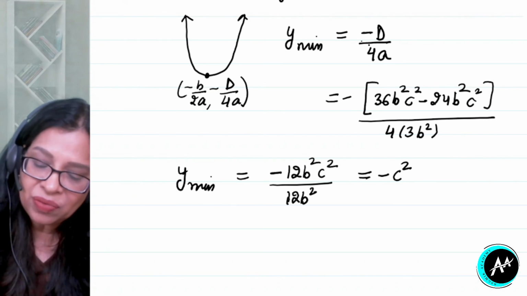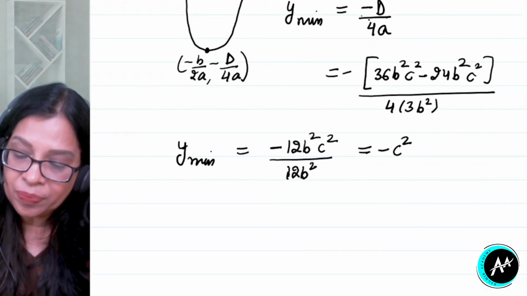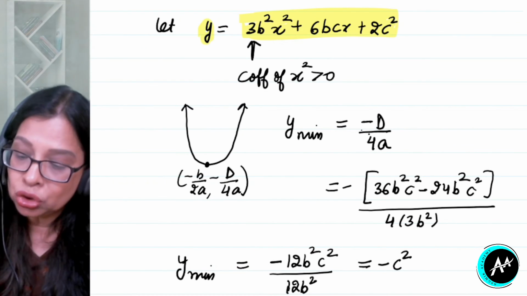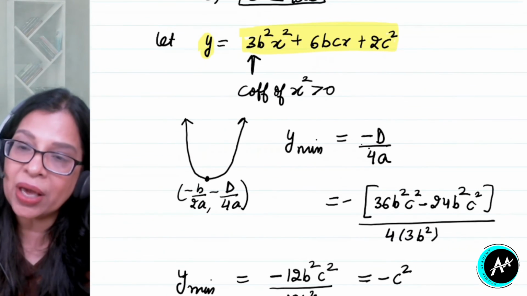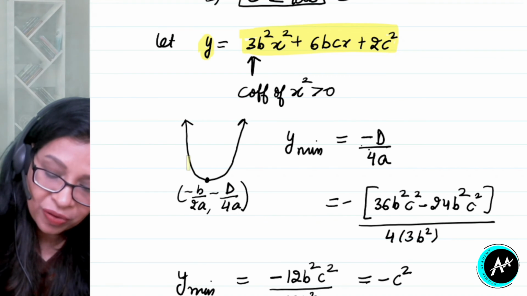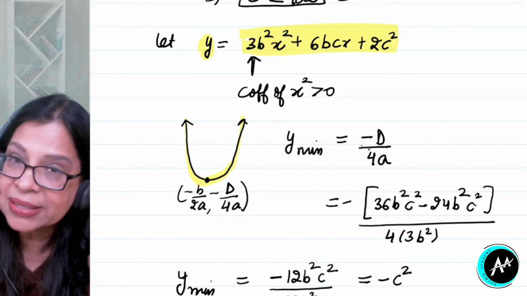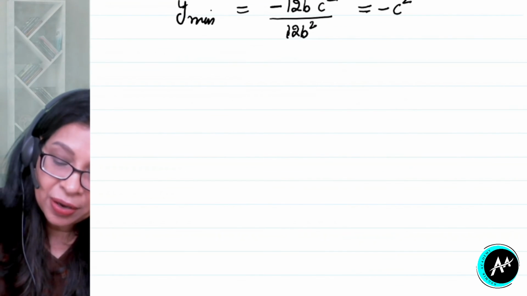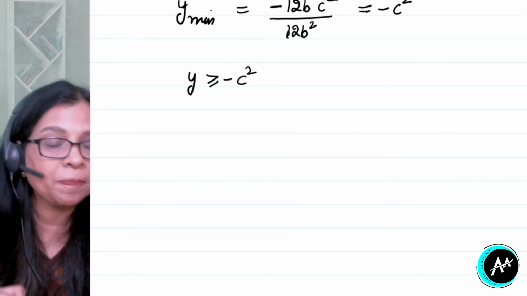Now what do we mean when we say this is the minimum value of y? See, we are denoting this quadratic expression by y. तो minimum value का मतलब क्या है कि y उससे बड़ा होगा ना या उसके इक्वल होगा. ठीक है, ये देखो ग्राफ में, जैसे ये ग्राफ है तो y की मिनिमम वैल्यू मीन्स either y will be equal to minus d upon 4a and greater than that. So that means this means that y is greater than or equal to minus c square.